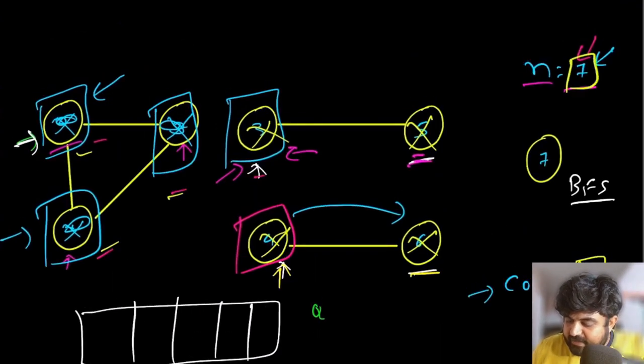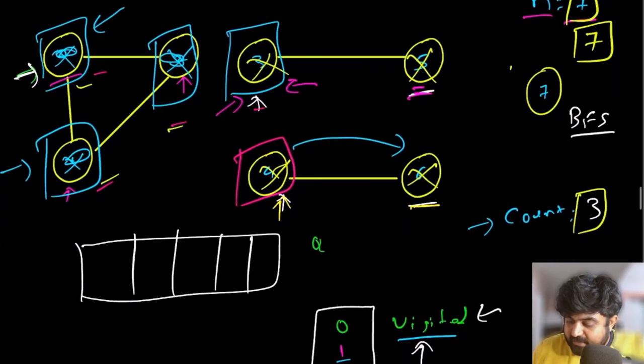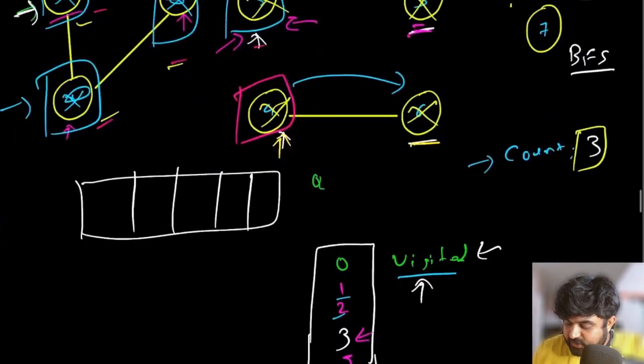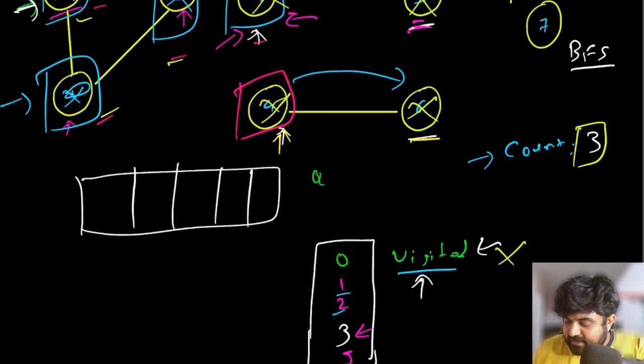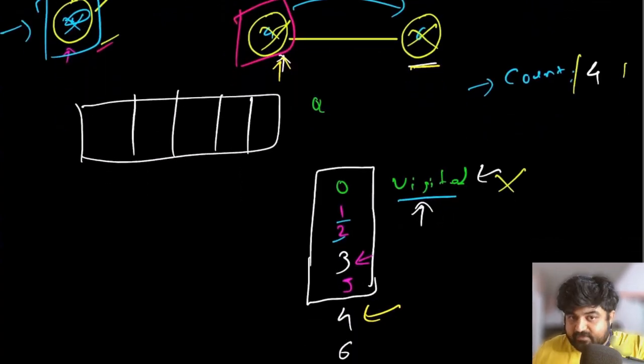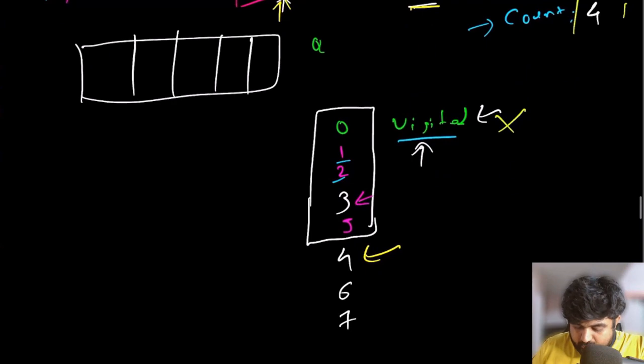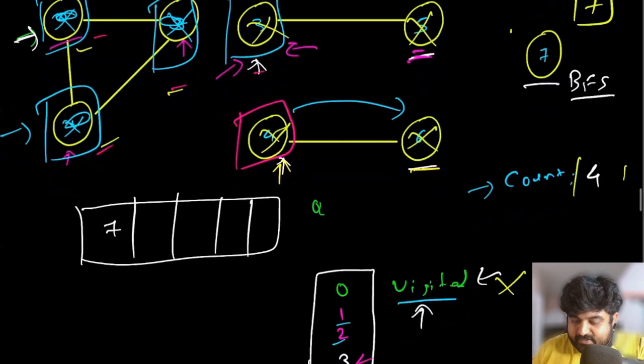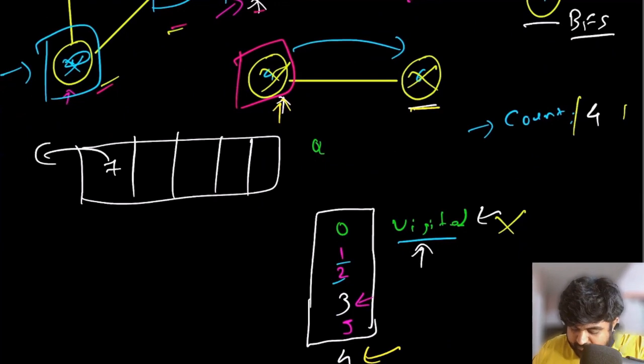Now in the end, we are going to be at position number 7. Since for position number 7, this node has not been visited, which means we need to increase the counter. So currently the counter is going to be of value number 4. Now we are going to add 7 to our list of visited nodes, and also we are going to mark 7 inside our queue. Since 7 does not have any neighbors, we can pop 7 out immediately, and